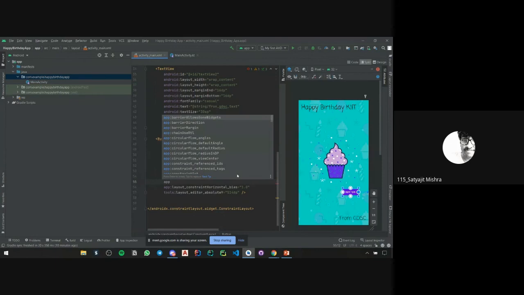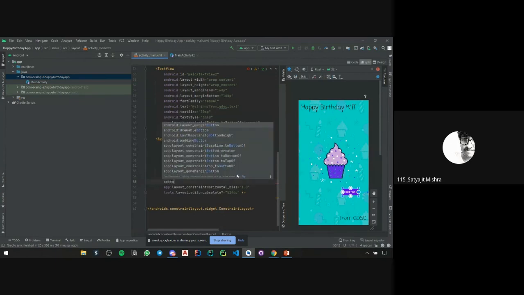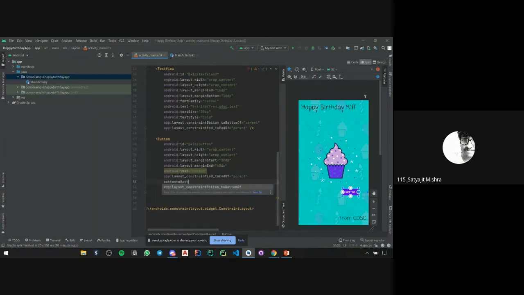Just type in bottom. To bottom of, yes, enter. Go back. Yeah, continue. Enter. Parent.